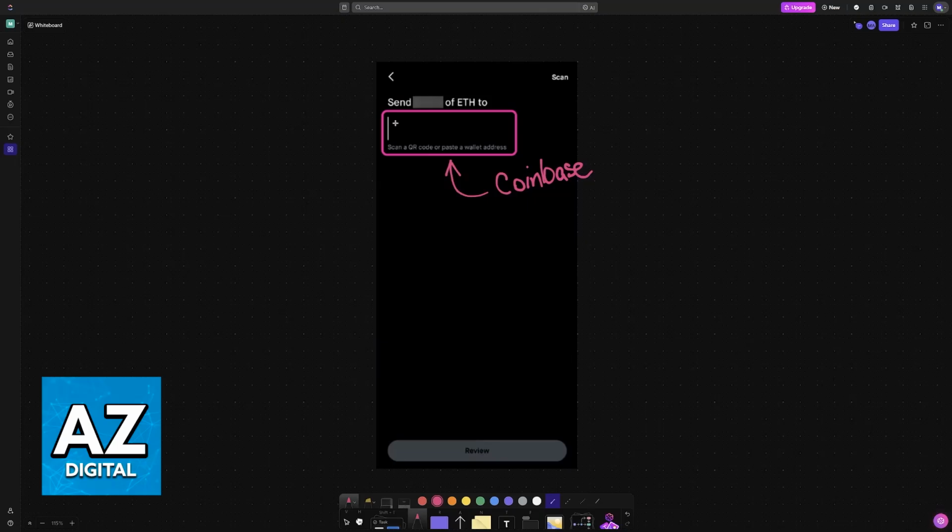And now all that you have to do is input the address that you copied into this part here. Once the address has been input, you will be able to initiate this transfer to Coinbase. I recommend sending a small amount first to make sure that you copied the correct address, and if everything looks okay, you will be able to get this done.